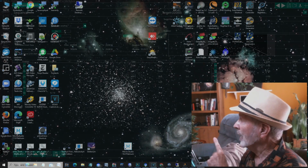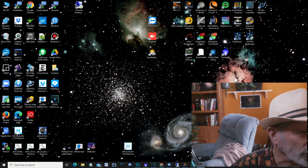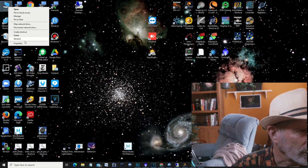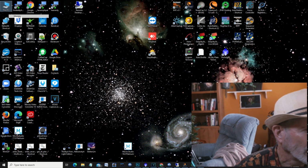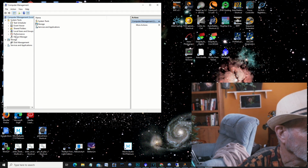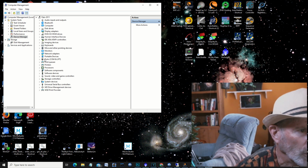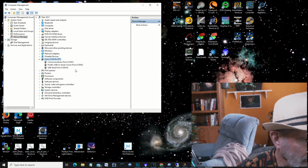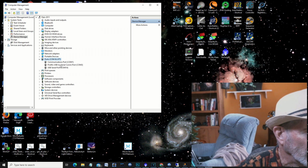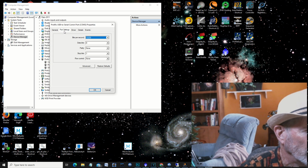Now I want to show you something I found out though. Let's go over into the properties. And on your PC, if you go to manage controls, and if you look at device manager, and you go to the COM ports, now you're going to have several COM ports available. What I found out is that, for example, this one here, if you go to the port settings, I set the bits per second up to 19,200, and then